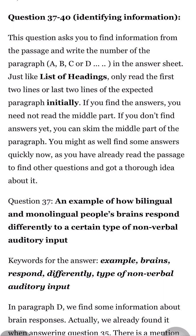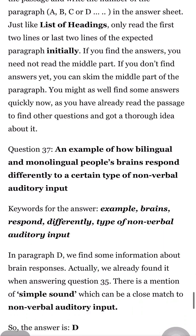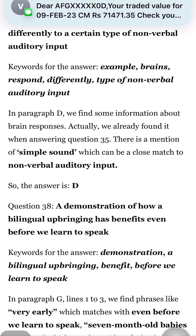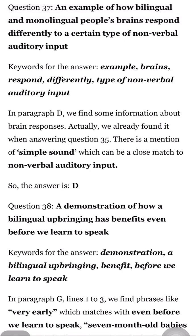You might as well find some answers quickly now, as you have already read the passage to find other questions and got a thorough idea about it. Question 37. An example of how bilingual and monolingual people's brains respond differently to a certain type of nonverbal auditory input. Keywords for the answer: example, brains, respond, differently, type of nonverbal auditory input. In paragraph D, we find some information about brain responses. Actually, we already found it when answering question 35. There is a mention of simple sound which can be a close match to non-verbal auditory input, so the answer